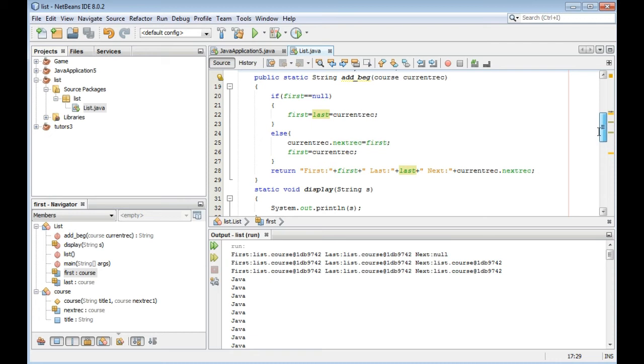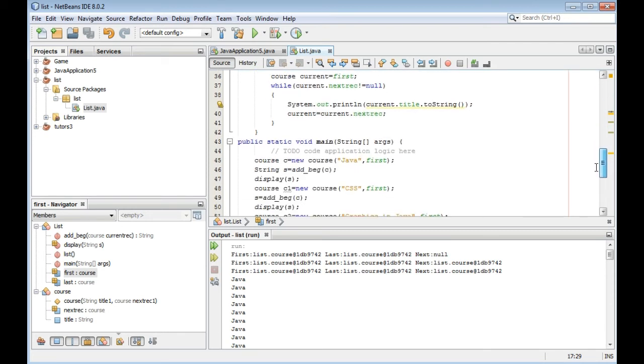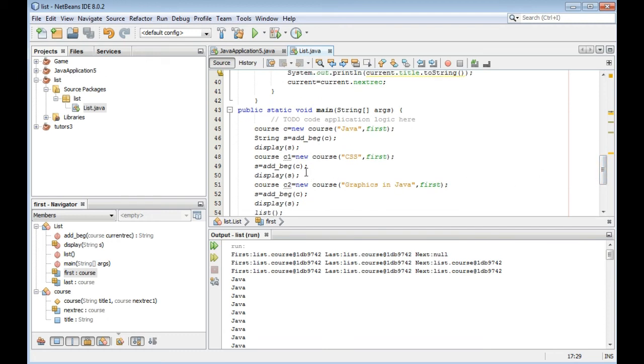It says non-static variable last cannot be referred. This is the problem, right? We have this. Now let's see. If we compile this, okay, this is a problem again.